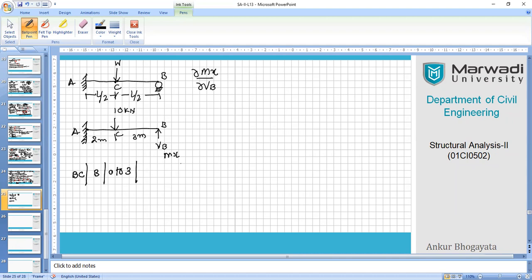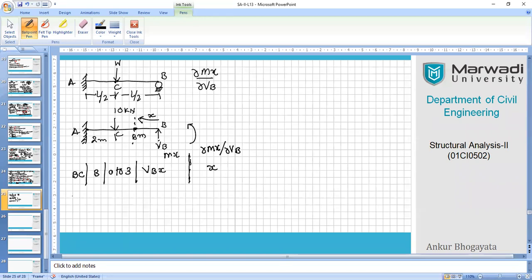Next we are going to develop the generalized equation for Mx. VB, and here we'll be standing somewhere because we are moving in this direction. I hope you are getting it. Here we are standing right now. So VB into X, and it's creating an anti-clockwise moment, so it will be positive. So VB into X, that's all. And then, this is the crux, the main point, del Mx upon del VB. So X will be the answer.